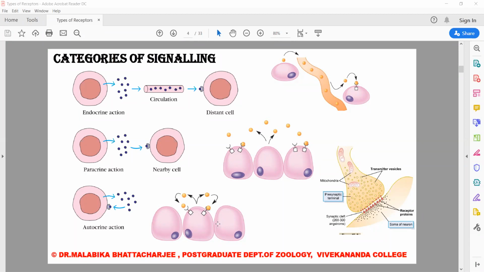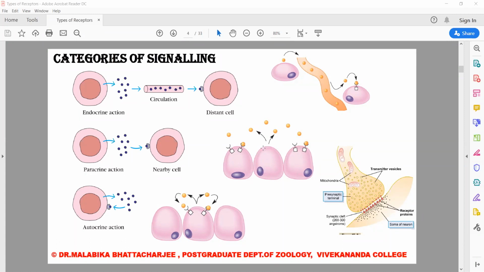Next, let me move on to the category known as paracrine. In case of paracrine, it is actually a local signaling process whereby one cell releases a stimulus that diffuses away to act locally on cells in the immediate neighborhood. So look at this cell. This cell is releasing a stimulus that locally diffuses and is received by a cell in the immediate neighborhood. Look at this picture.